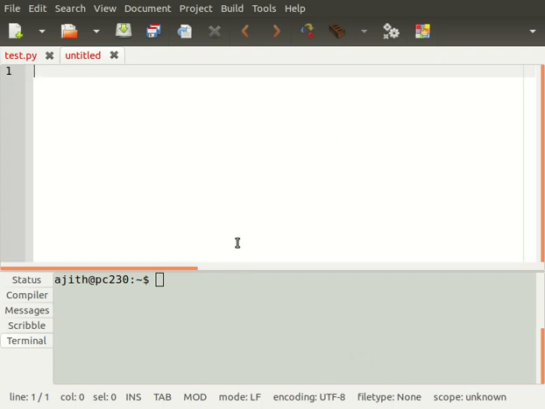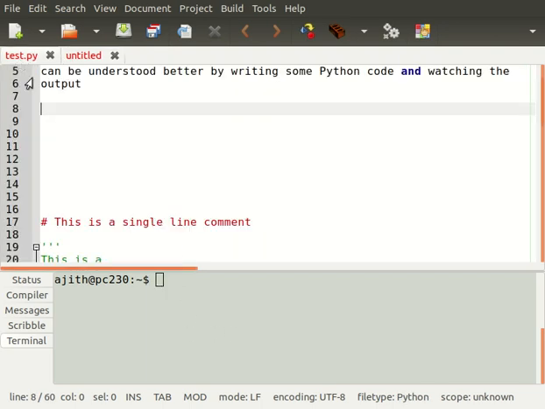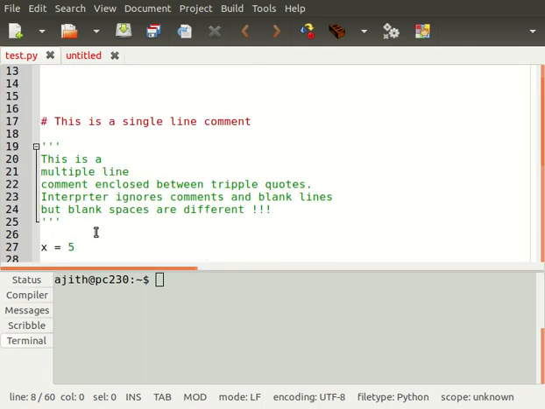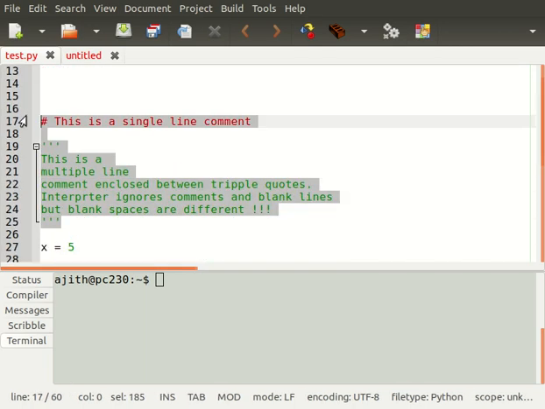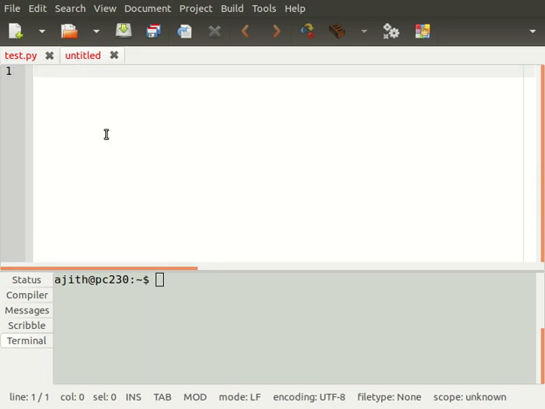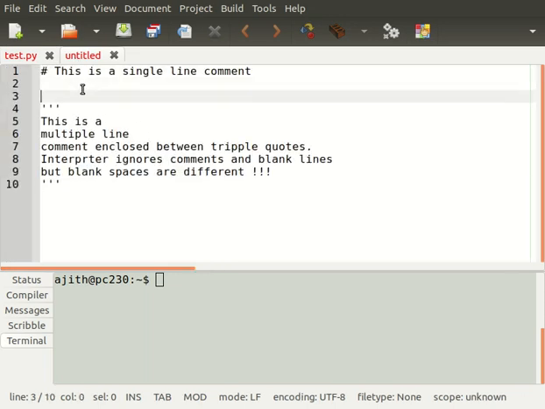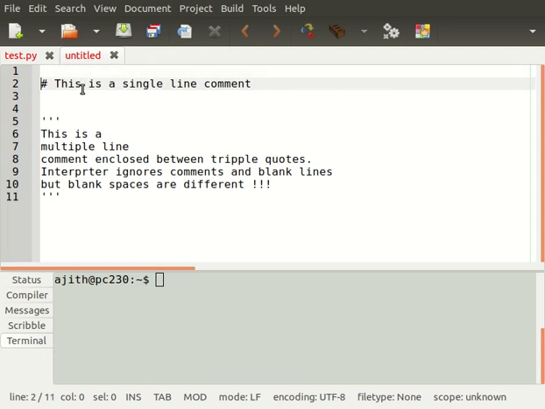So we are using Geany. If we write the code in this editor window, the output will come here. So let me just do some cut and paste so that I don't have to do much typing. First thing we start is a comment statement. See, Python code is actually line structured. So this is a single line comment. Anything starting with a hash, the interpreter simply ignores it,